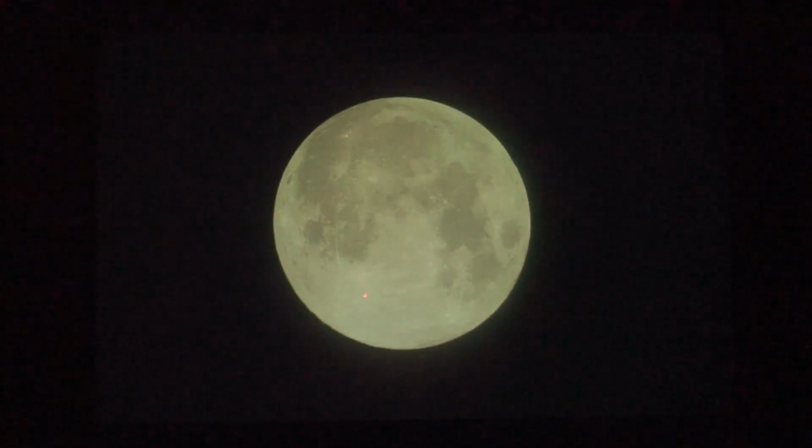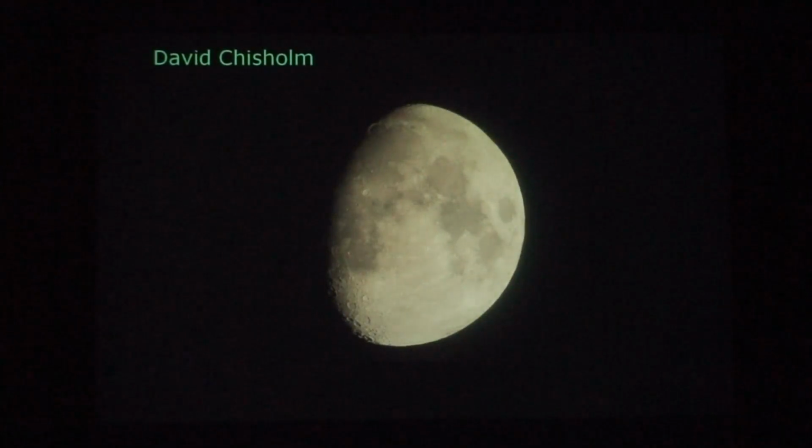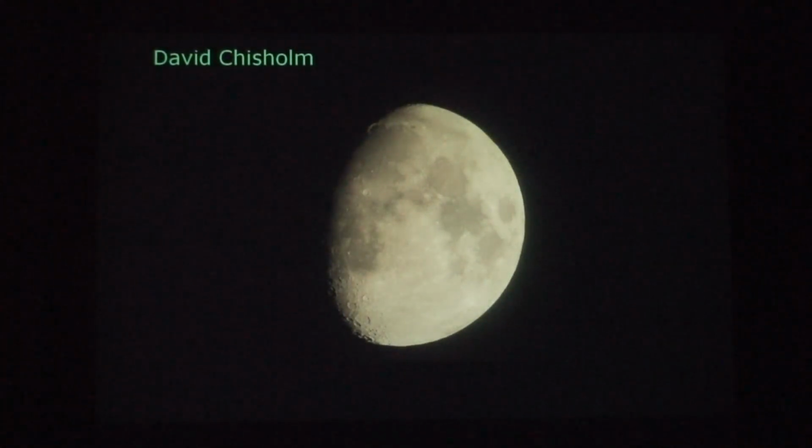Center, thank you. You can see Tycho right here. You can see the rays coming out from there. And then one other image. This one was taken just a few days ago, November the 2nd. Again, a similar process, using my BlackBerry up against the lens.